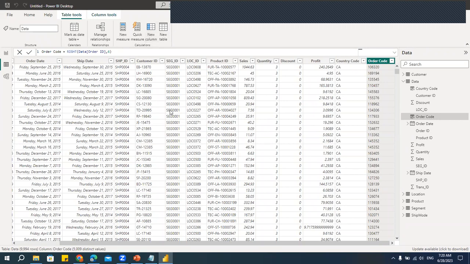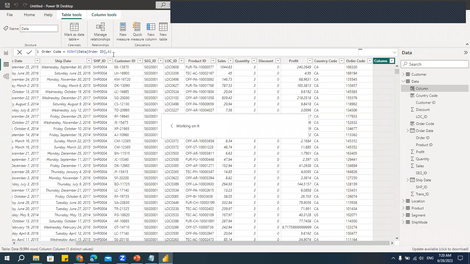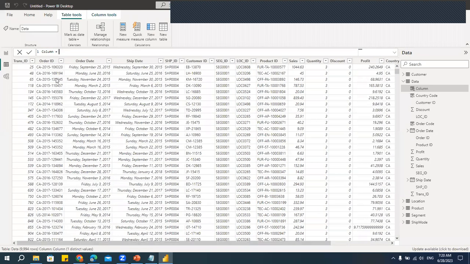Next, if you want the middle 2 characters, we have MID. What is it that we have in the middle? We have the year. Okay, let's say order year. Let's say MID of